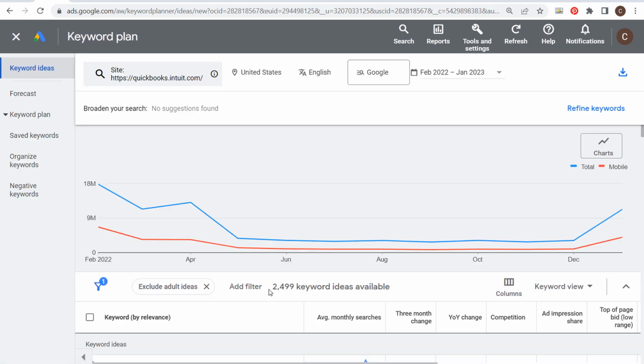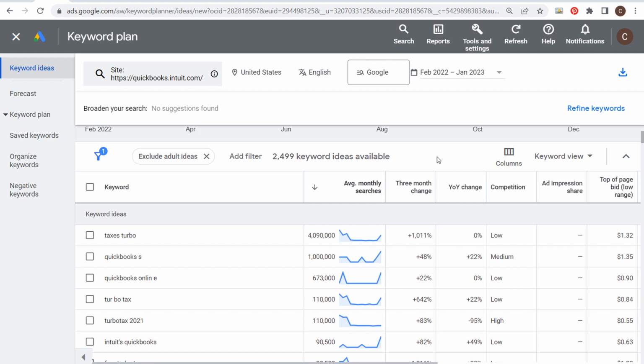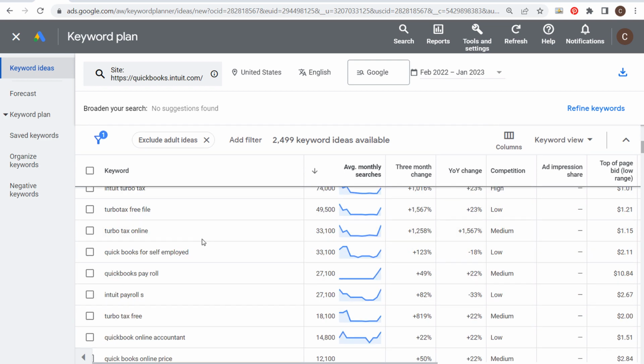Now what you're going to see here is they've given me about 2,500 total keywords. We scroll down. They're giving us keywords by relevance. Let's look by average monthly searches. And I want to go through some of these different columns here as well now. So taxes, turbo, QuickBooks. So some of these are not what we're trying to target, but